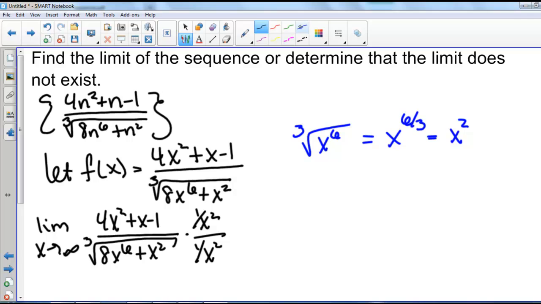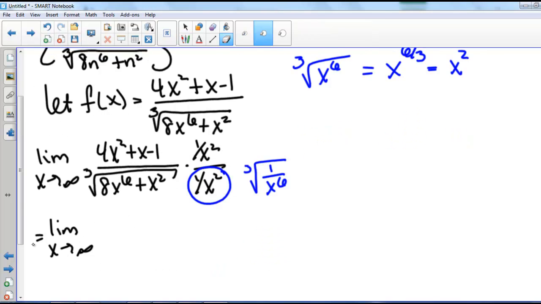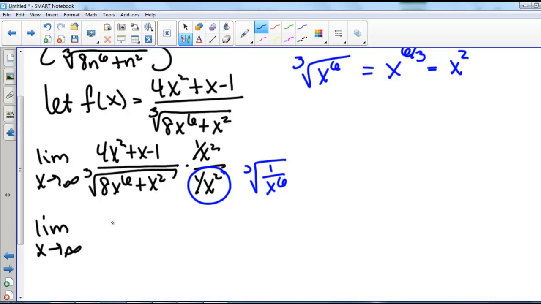And this one we're going to rewrite as the cubed root of 1 over x to the 6th. So now we have the limit as x goes to infinity of 4 plus 1 over x minus 1 over x squared